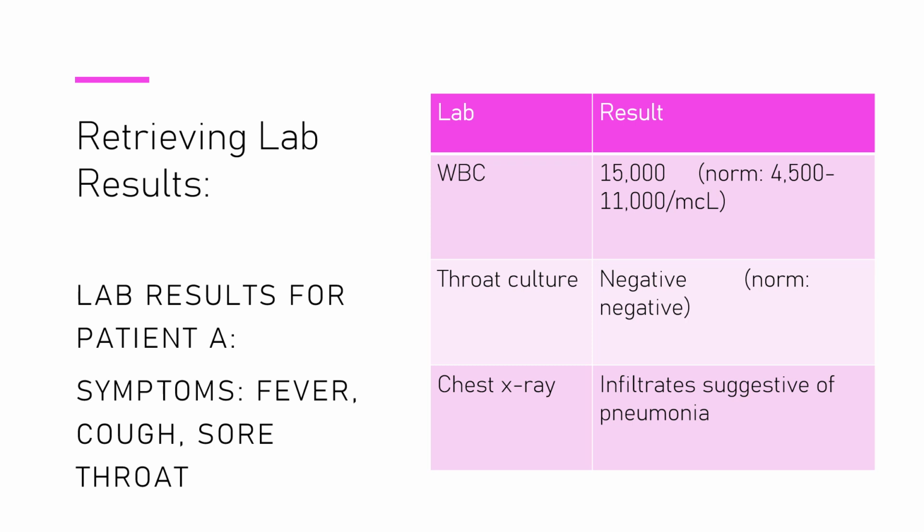On this slide, we have an example of a patient whose symptoms include fever, cough, and a sore throat. A few of the lab results are listed. The abnormal value we see so far is that the white blood cell count is elevated, which likely indicates an infection. You all will learn more about various lab values later in this semester, but the white blood